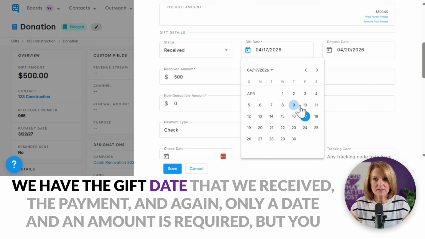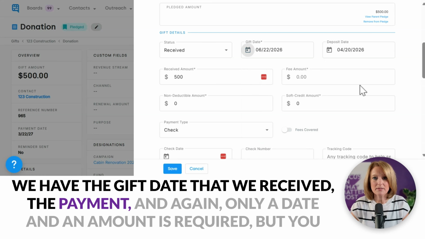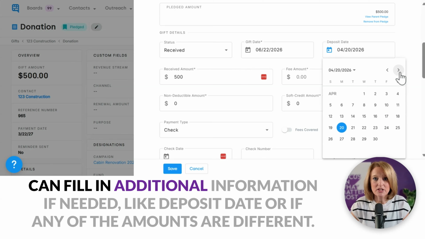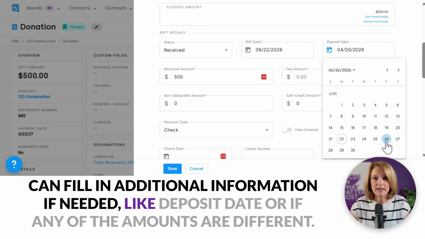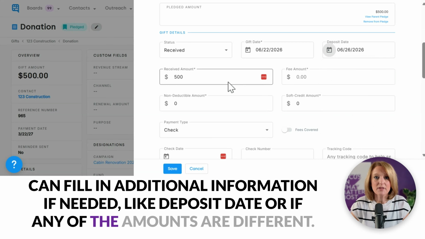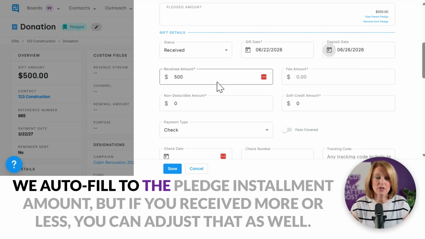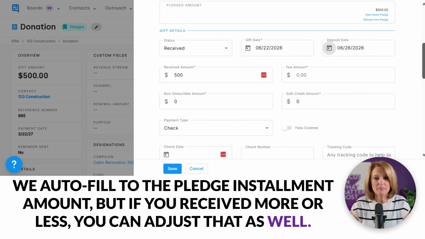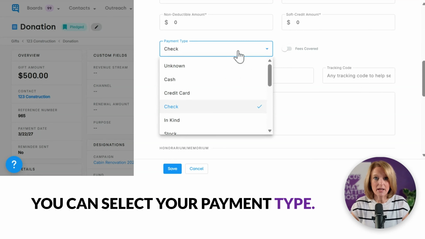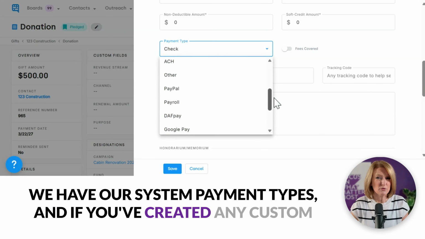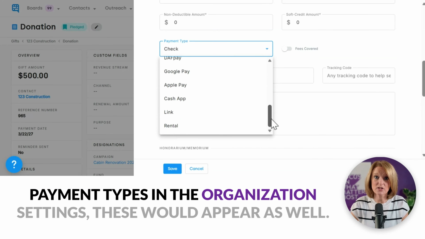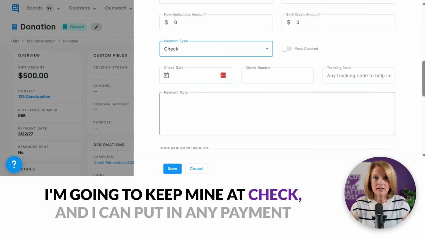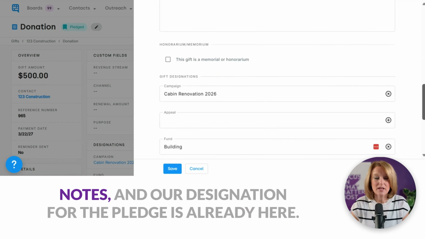We have the gift date that we received the payment. And again, only a date and an amount is required, but you can fill in additional information if needed, like deposit date, or if any of the amounts are different. We autofill to the pledge installment amount, but if you received more or less, you can adjust that as well. You can select your payment type. We have our system payment types, and if you've created any custom payment types in the organization settings, these would appear as well. I'm going to keep mine at check, and I can put in any payment notes, and our